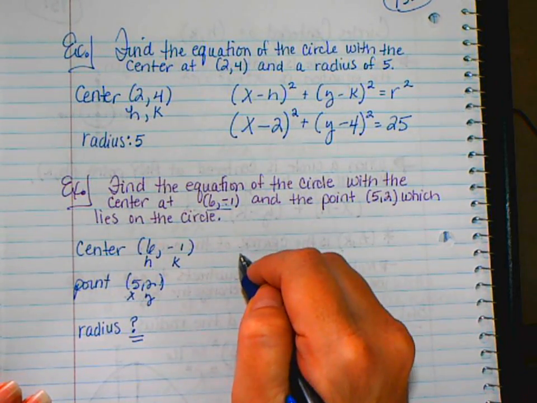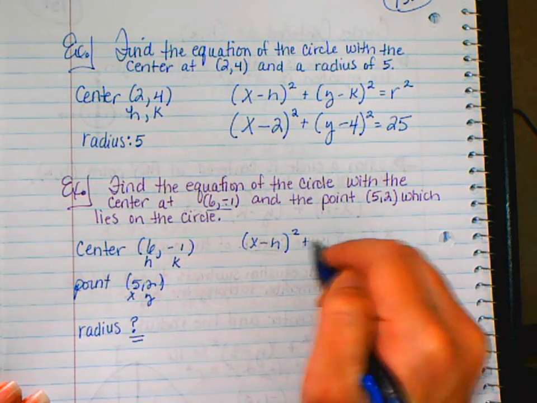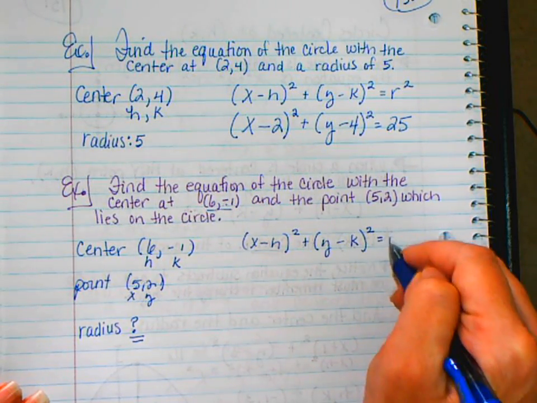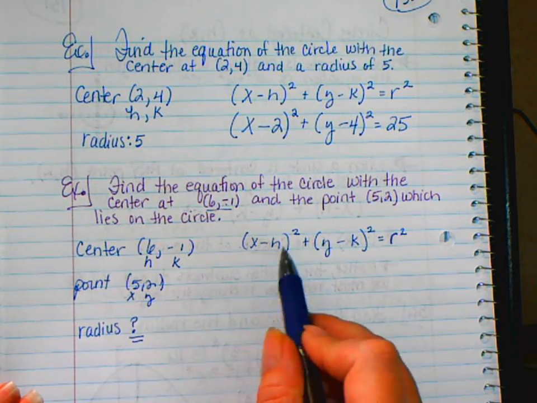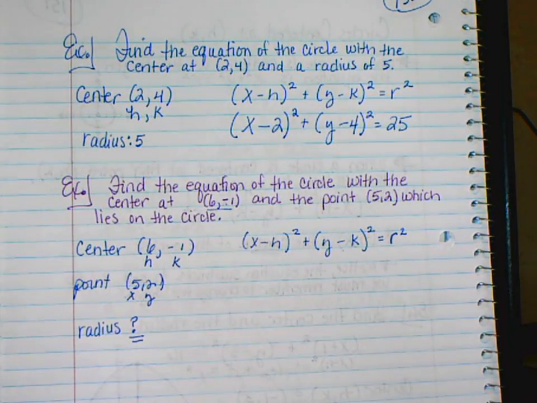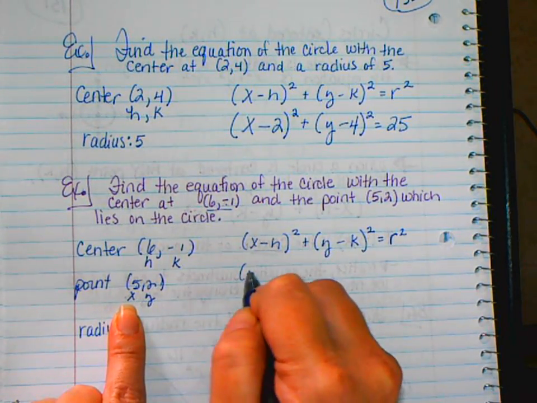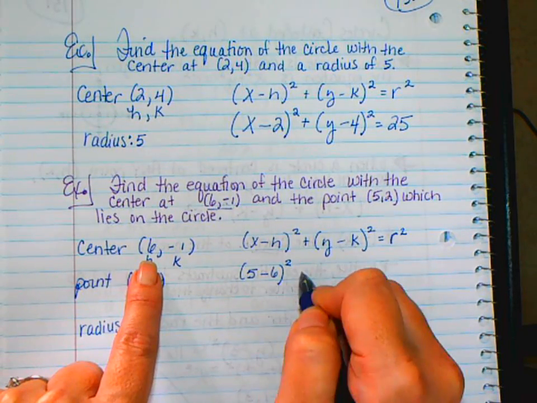I'm going to write my equation: (x minus h) quantity squared, plus (y minus k) quantity squared, equals r squared. Again, normally we don't plug in numbers for x and y in the regular equation. But since we don't know the radius, we're going to plug in numbers for x, h, y, and k, and simplify all that so we can figure out the radius squared. So for x, we'll use (5 minus 6) quantity squared, plus